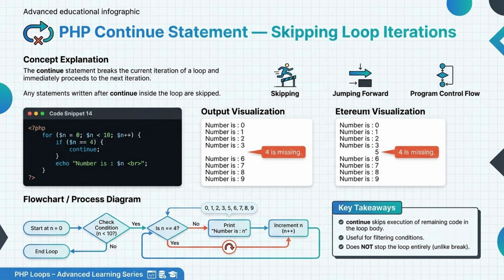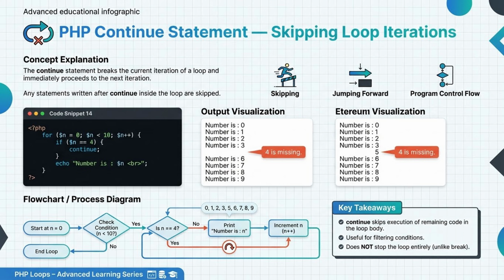Once continue activates, PHP does not execute the echo statement or any additional logic inside the loop for that moment. Instead, it moves directly to the increment step and proceeds with the next value. This makes continue extremely useful when you want to temporarily skip over specific values or filter out certain conditions without stopping the entire loop. In the provided code example, the loop runs from n equals 0 up to n is